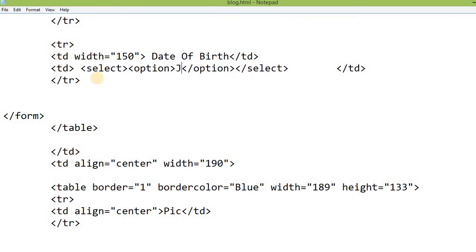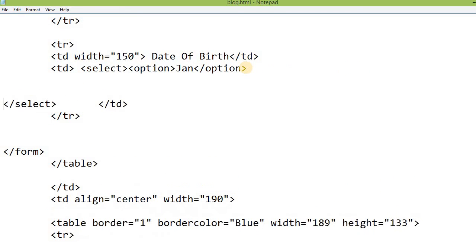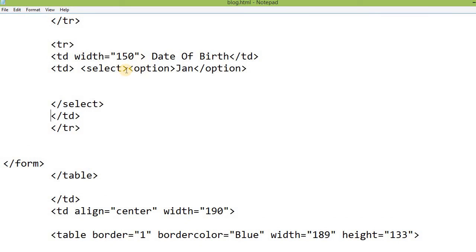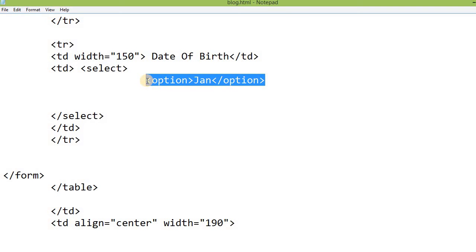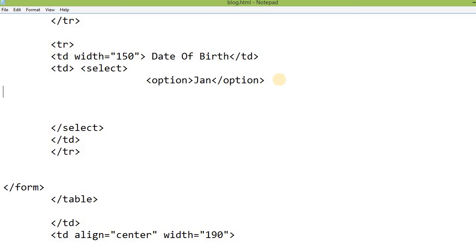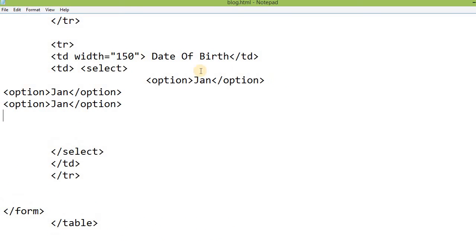So in the select I will write here Jan. Do you understand what I'm writing here? If you do not understand anything you can comment, I will answer your questions. So let me tell you. So here is the option. I can write many options here, right? But let me give you two or three options here. Right,